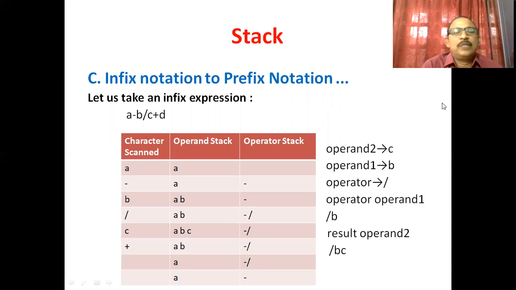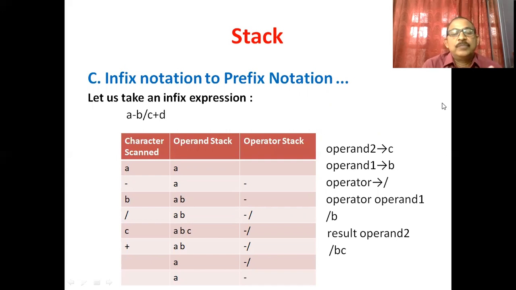B is encountered, an operand. Forward slash is encountered, we push it into the operator stack. C is encountered, we push it into the operand stack.